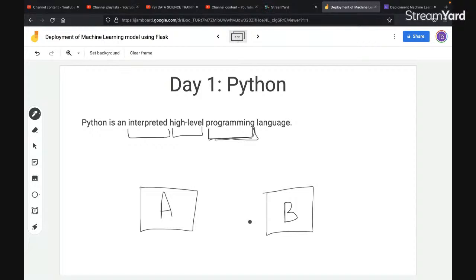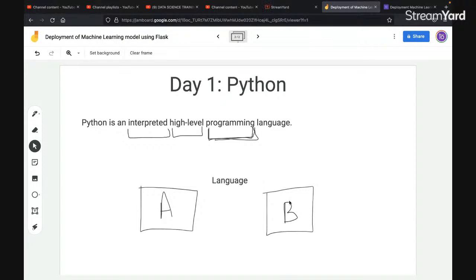Are you guys getting this? We have to have a medium in between. How exactly are we communicating? We are communicating with the help of a language. Suppose I am explaining this concept and communicating to you. If you don't understand what exactly I'm trying to speak, it will be very difficult for you to understand.